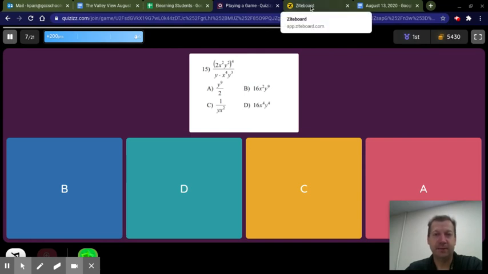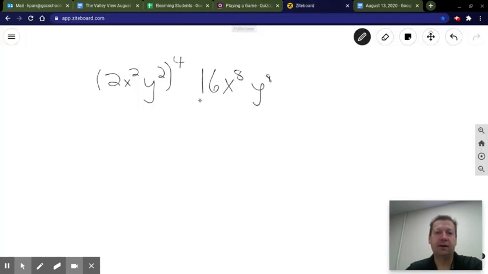Now, on the bottom, I've got y times x to the 4th times y to the 3rd. Notice I have a y here and a y to the 3rd here. There is an invisible 1 right here for an exponent. And then if I take y to the 1st times y to the 3rd, since they're like terms, I get y to the 4th. So I'm going to have on the bottom x to the 4th times y to the 4th. So let's put that underneath of here. X to the 4th,